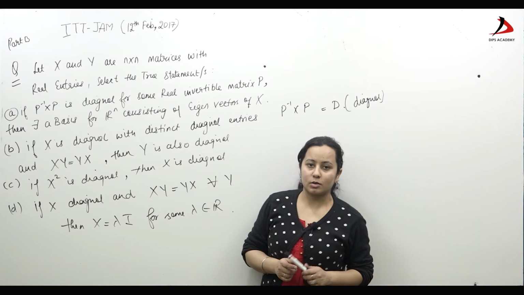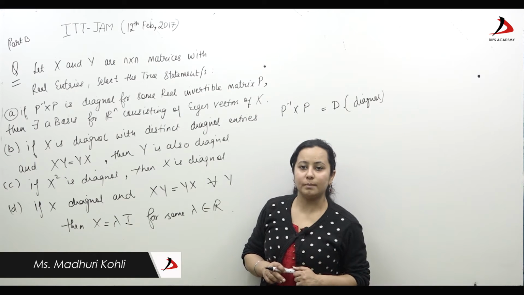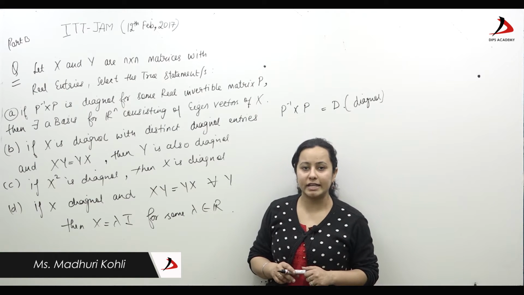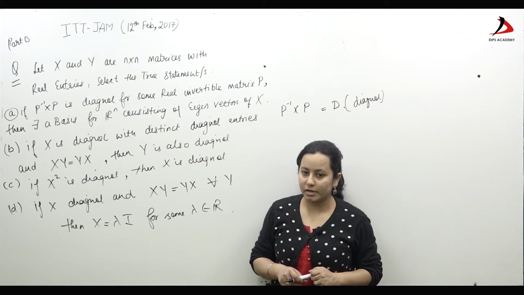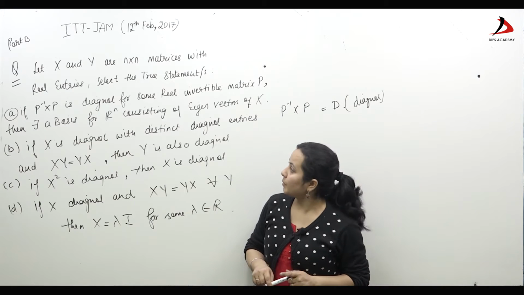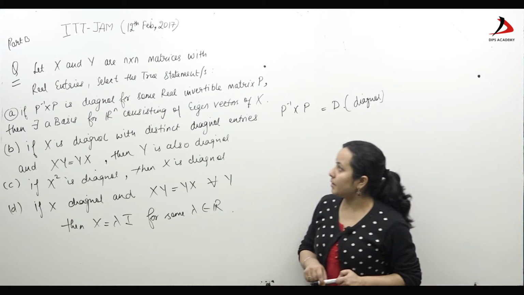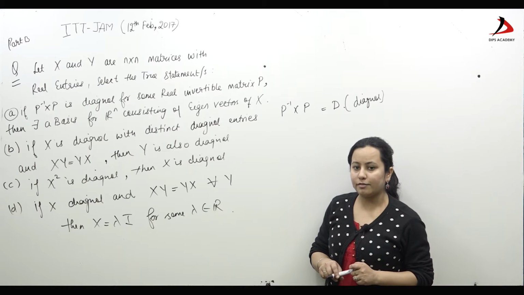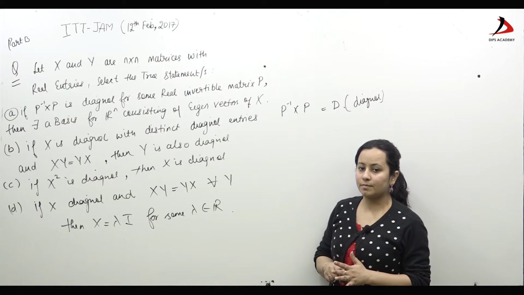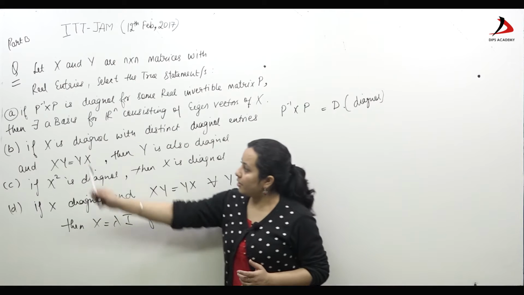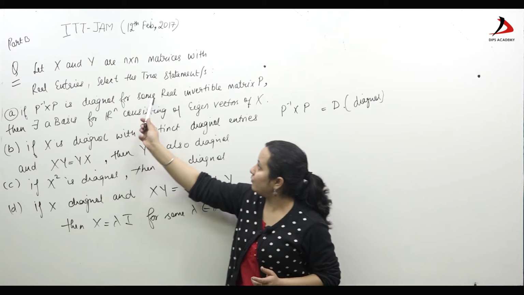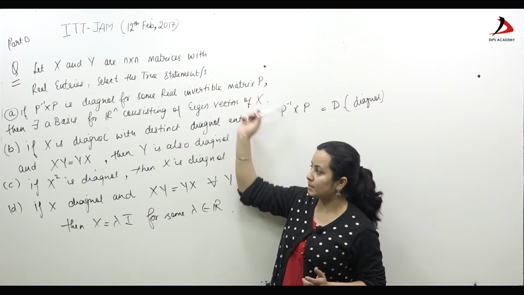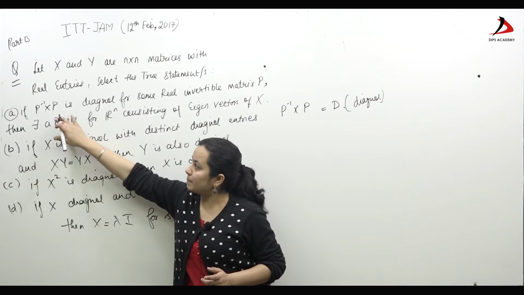Now we'll discuss a question of linear algebra which came in part B of IIT JAM exam 2017. The question states that for any two matrices X and Y of order n cross n, we have to choose the correct statements. Statement A said, if P inverse XP is diagonal for some real invertible matrix P,